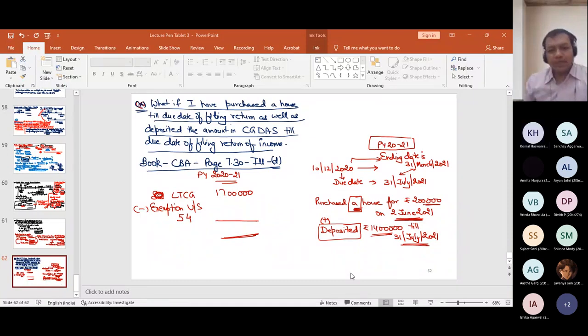Any other answer? So one answer is that 2 lakh is the exemption. Any other answer? The reason which you have given is wrong, that you never get to know whether this deposited amount is going to be utilized or not. That is a wrong reason, because when you allow the exemption for deposit, in those cases also you never know whether you can utilize that amount or not. The answer might be correct, 2 lakh, but the reason is not correct. If the income tax department allows the exemption of deposit, then it is allowed. So that reason is wrong. Now any other answer?